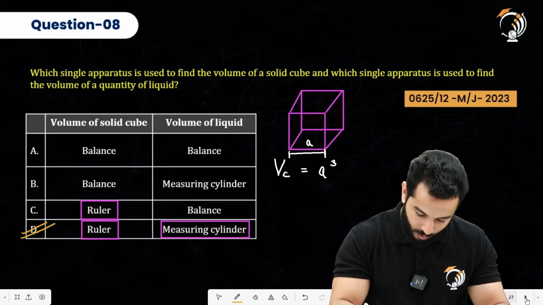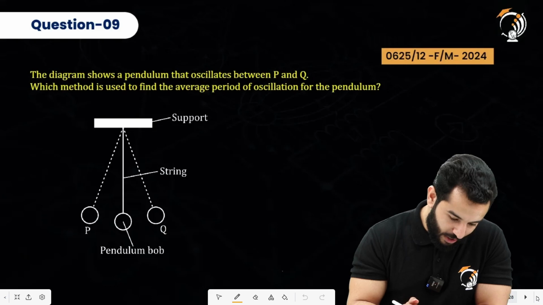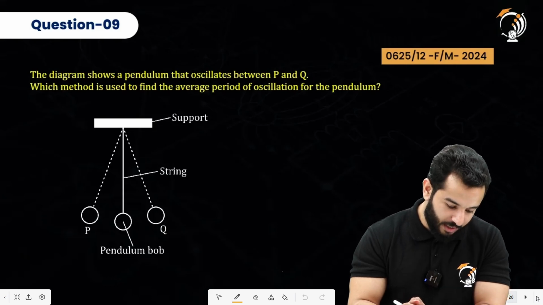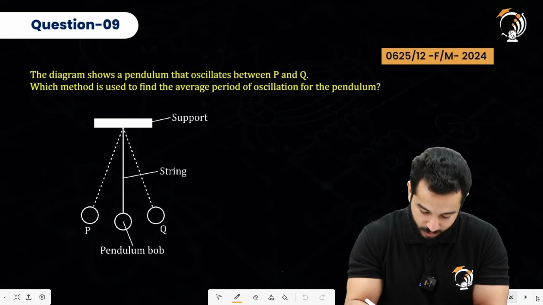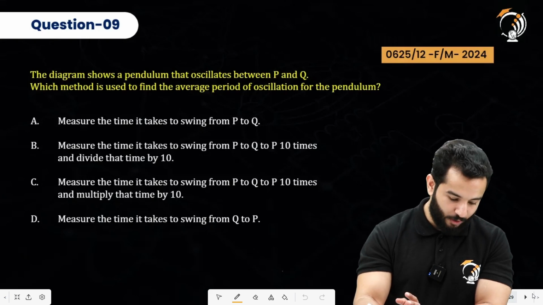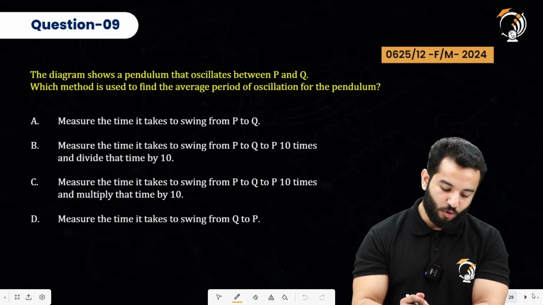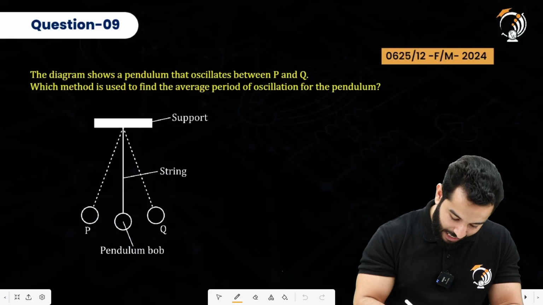Moving on to the next one. Question 9 says the diagram shows a pendulum that oscillates between point P and Q. Which method is used to find the average period of oscillations for the pendulum? We have got options on another slide. The options are, the diagram shows the pendulum, okay. Measure the time it takes to swing from P to Q. All right. So now the time period is actually,